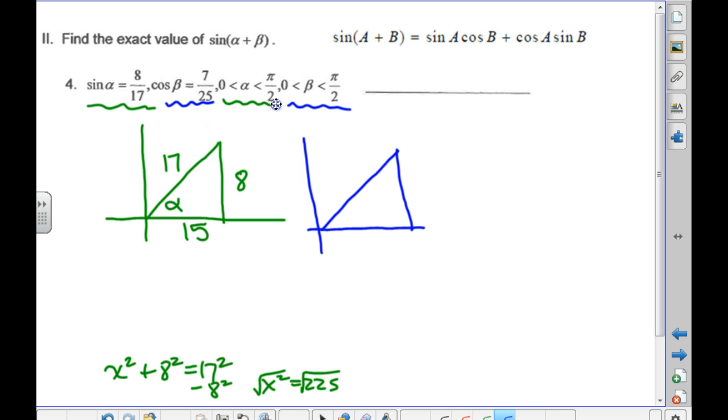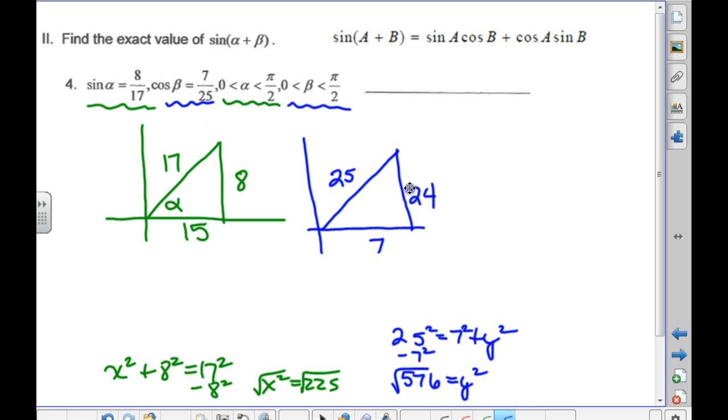Okay, cosine is adjacent over hypotenuse, so we're looking for this side. Is it 576, guys? When you square root, 24? Yes? Okay. Quadrant 1 is nice. Do we have any signs to worry about? No. Okay. Now, the directions to this question say,